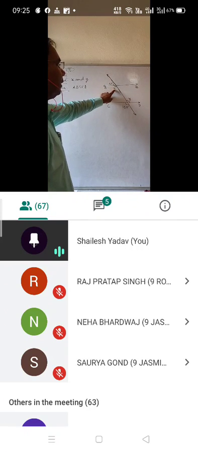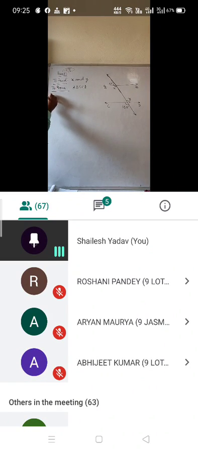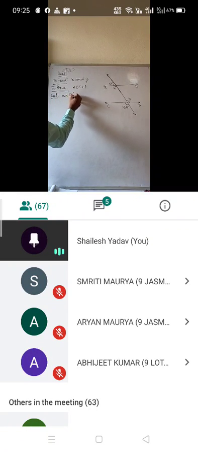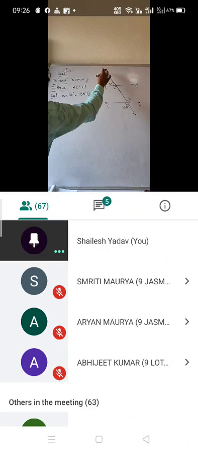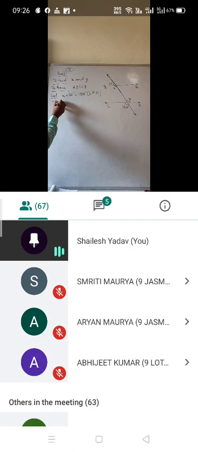It is 50 degrees. So this angle will be 130 degrees. Here you will write in the solution: x plus 50 degrees is equal to 180 degrees. That is the linear pair of angles. It is a straight line, so the sum of these two angles will be 180 degrees. So x equals 180 degrees minus 50 degrees. Here it shows that x equals 130 degrees. So first you got the value of x, that is 130 degrees.